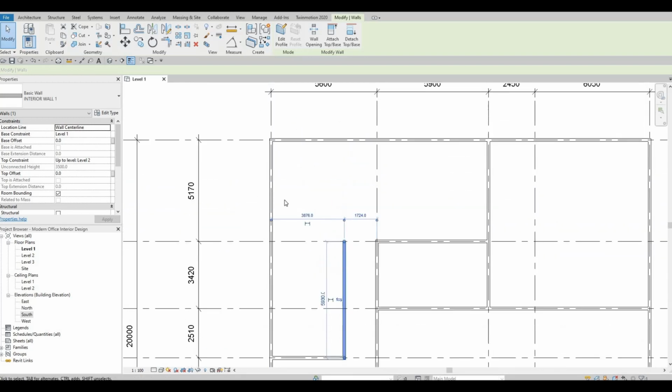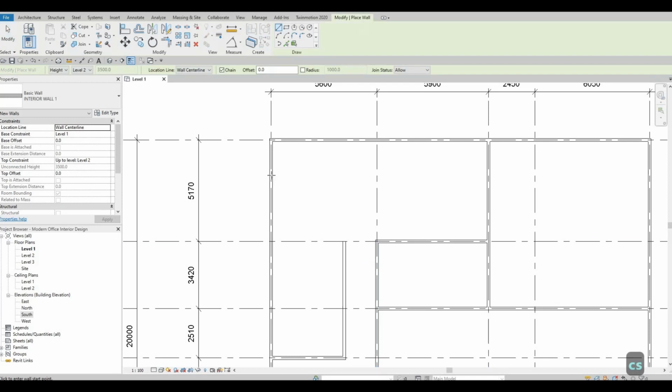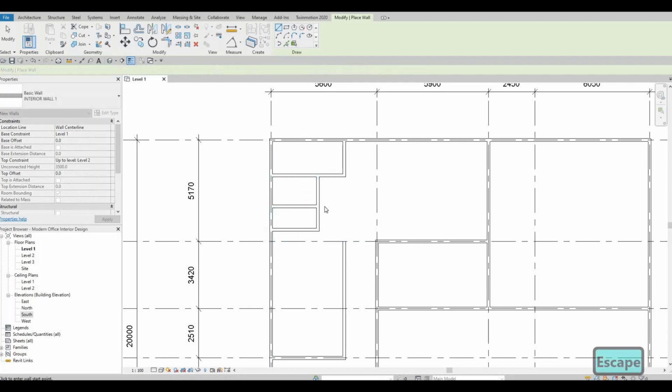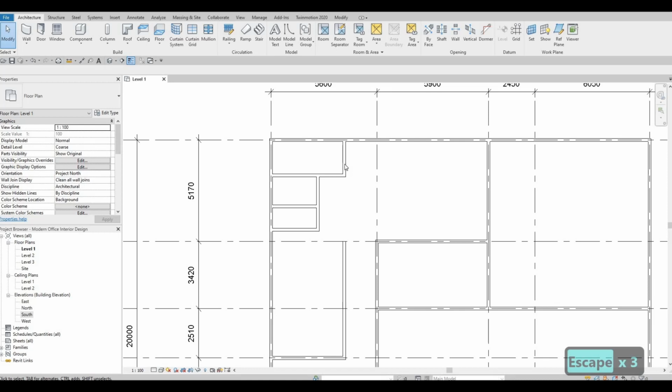Now we're going to add walls right here, and those walls will be the washroom. So I'm going to select this interior wall CS again, and I'm going to add a wall right here with the same distance right here. After that, I'm going to add smaller walls, and I'm going to just add this one first. So we have the same distance right here,